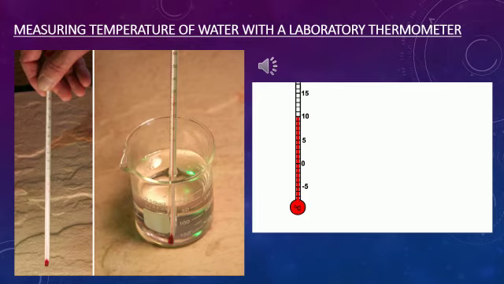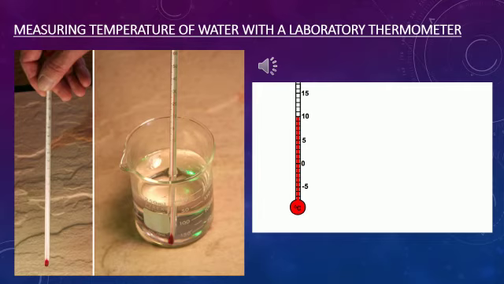You may recall that when you are taking your own temperature, you have to take the thermometer out of your mouth and note the reading. So can you then use a laboratory thermometer to measure your body temperature? We can't, because when we take the thermometer out of our mouth, the temperature falls down, so we can't get the accurate temperature.